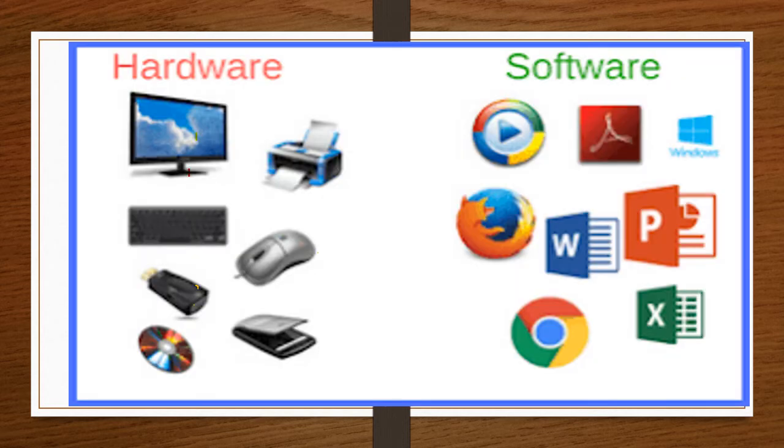See here, some of the things are listed as hardware and software. On the left side the things are arranged in the hardware category, and on the right side the things are arranged in the software category. The hardware we can see, touch, and use. Those things come under the hardware category. The software we can see and use but can't touch, that is the software category.